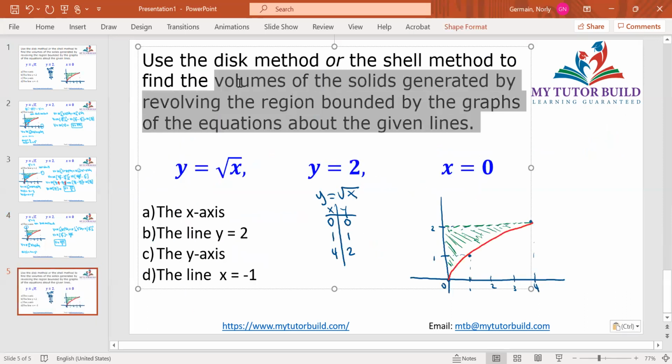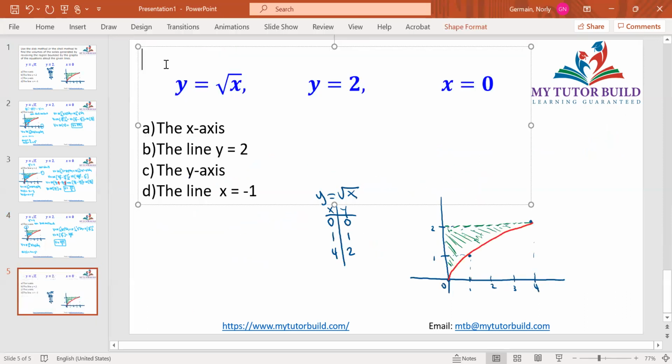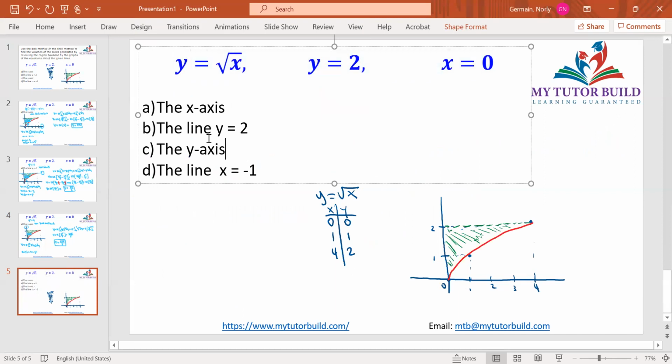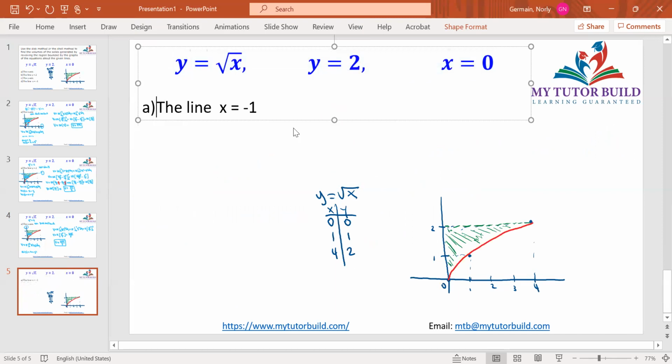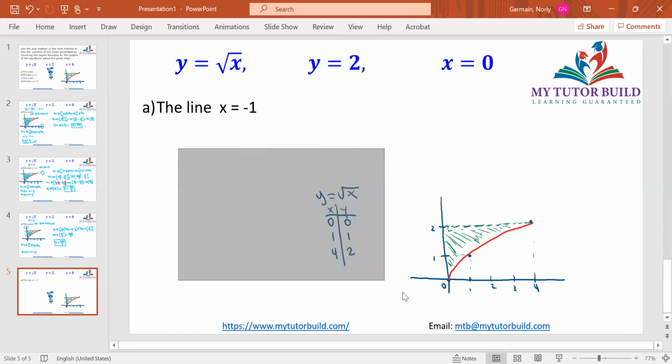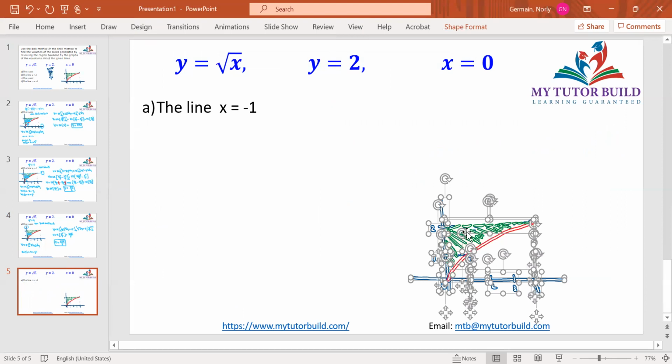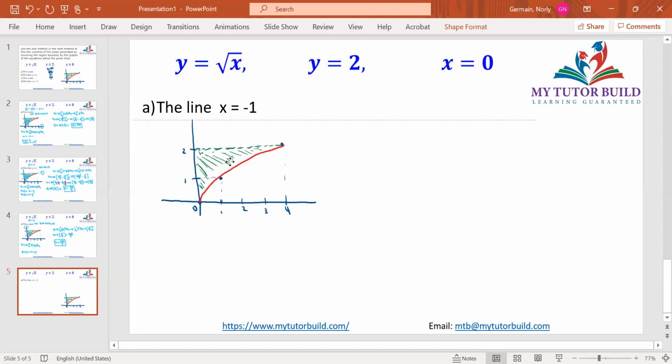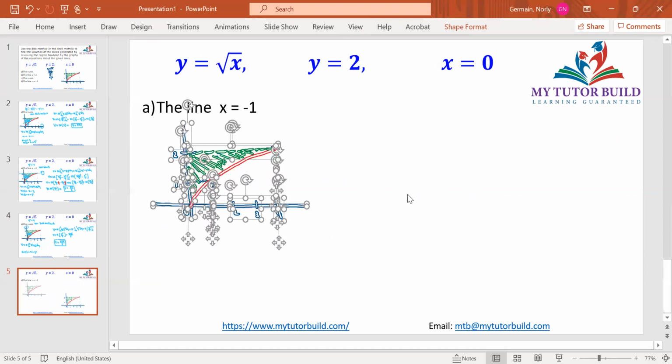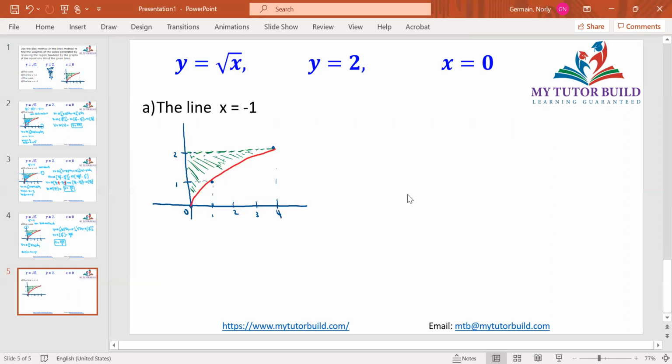If I erase everything here to make sure that we keep the last question only. And I will keep working with the same graph. Maybe if I have to change it, I will. But so far, it's working for me, and I keep it as is. But look at what happened here. They tell us we need to find a volume revolving around